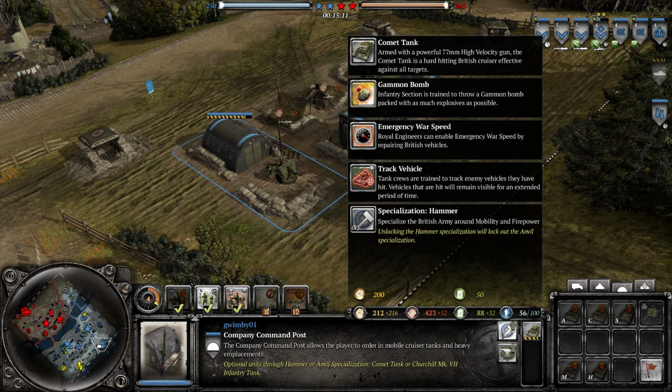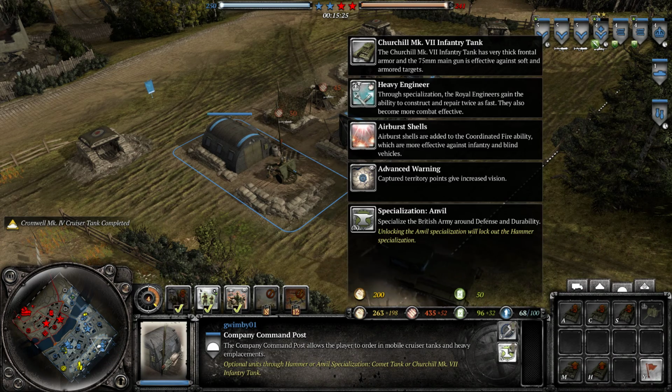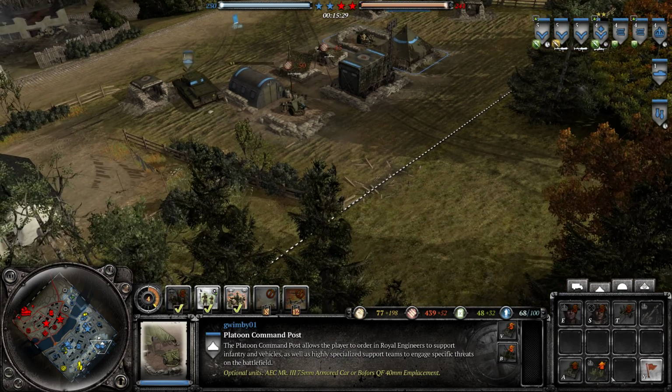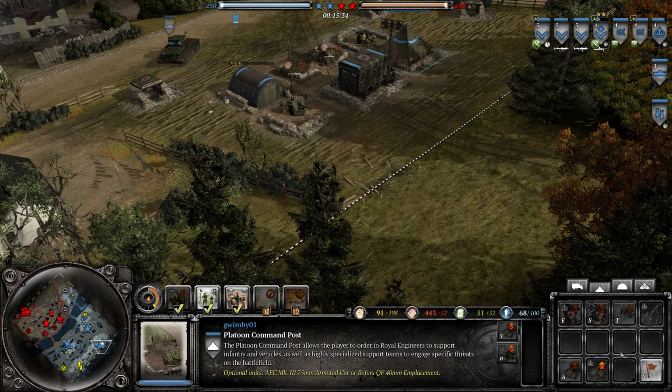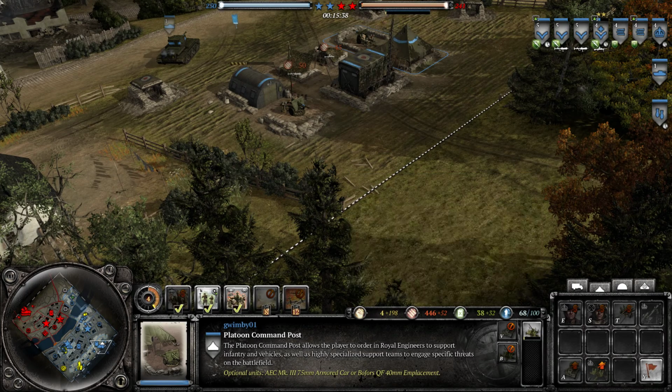Ooh, hammer and anvil. What does this give me? Comet tank. Oh, yes. Track vehicle specialization. Hammer, mobility, and firepower. That gives me Churchill tanks. I'm gonna go anvil. And how much does AA guns cost? Oh, over here. 100. Okay, so...